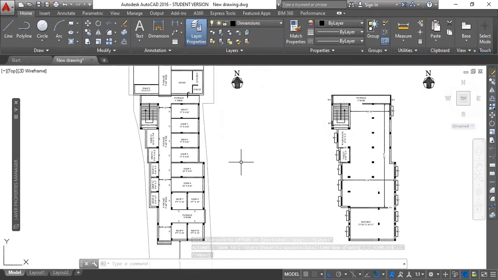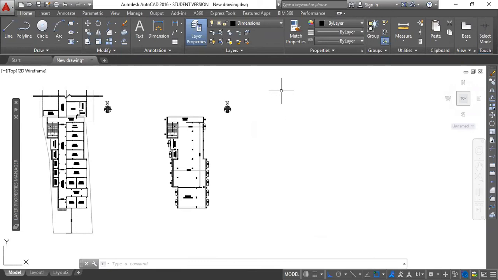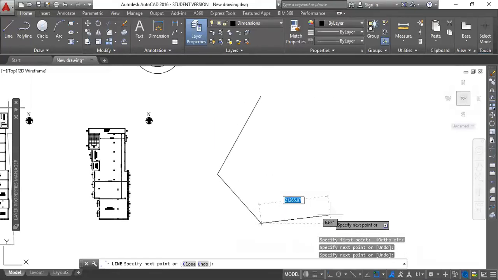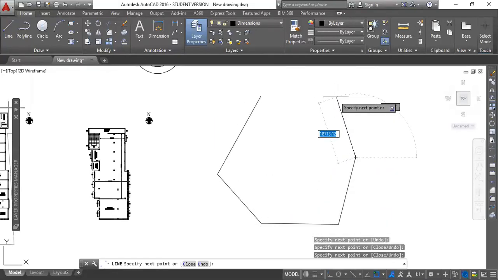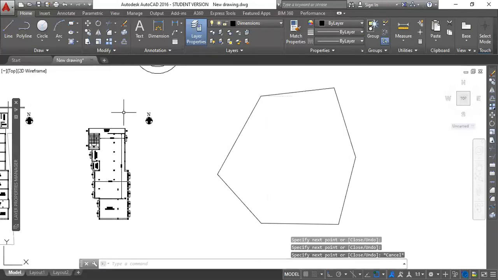And don't expect that someone will come to you and give you nice looking plot boundaries with each and every angle and each and every dimension of that particular area. No, it will never happen. They will have some random dimensions. They will say that the plot is a hexagonal plot, but it is not a regular hexagon. They will not say the angles.